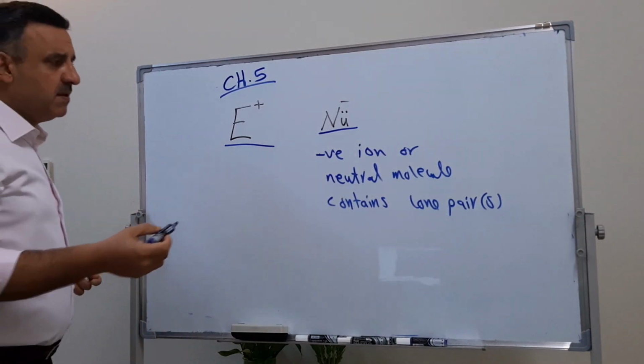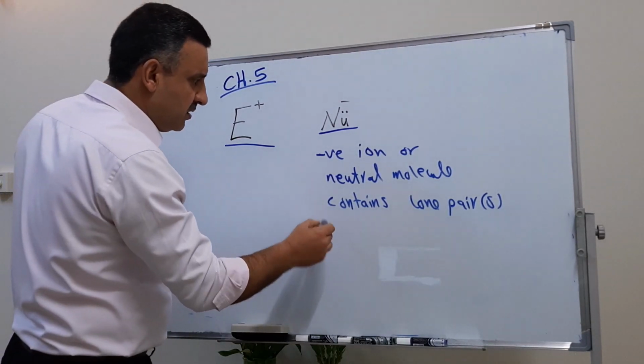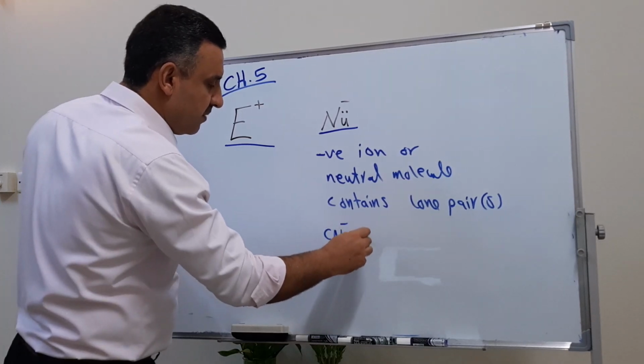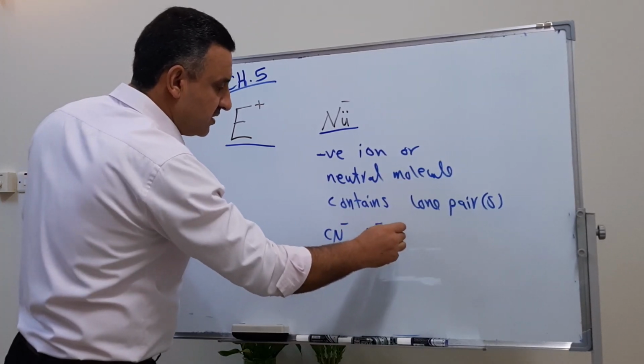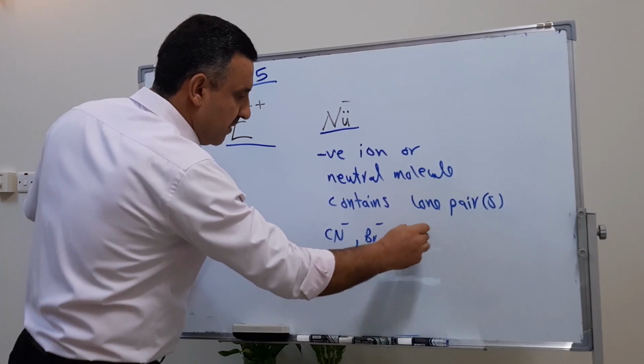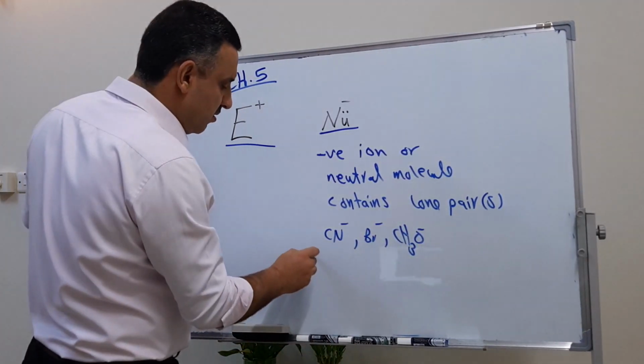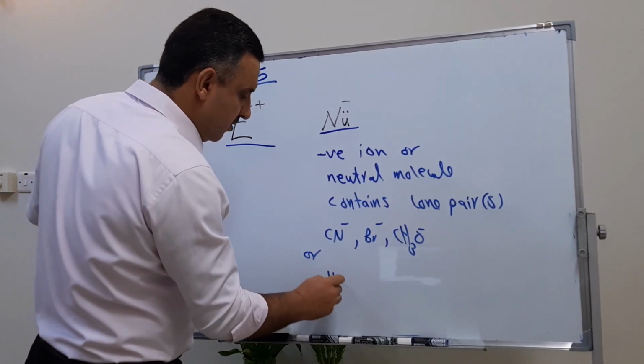So, for example, any negative ion such as CN minus, like Br minus, like CH3O minus, any anion is a nucleophile. Or, for example, H2O,